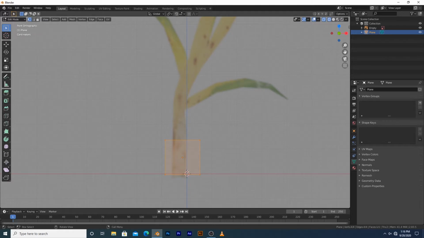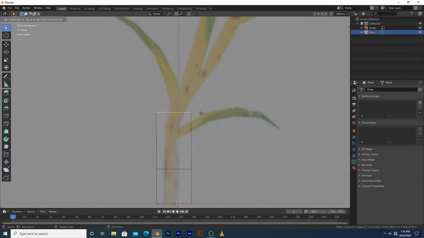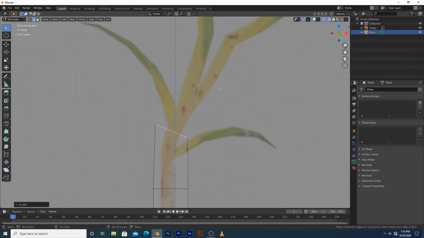Tab into edit mode, press 2 to select the edge mode. I think it's called the edge mode, I'm not sure what it's called. It's a useful trick. If you press 1, you can select the vertices, 2 edges, 3 for the faces. So I'm just going to go into the edge selection mode, extrude this, and what we're going to do here